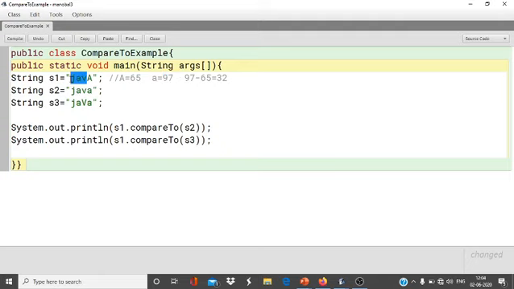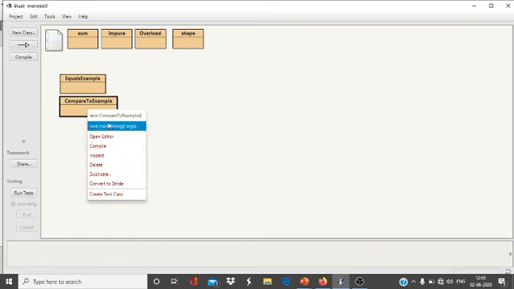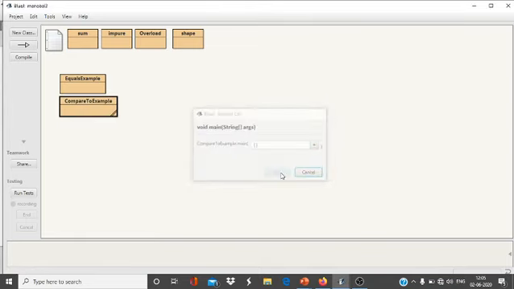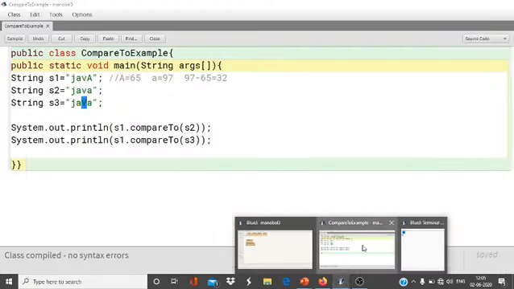So here in this case it will return a positive value, but it will return a negative value in the other. In this case it will return a negative value or a positive value. Why? Because a small a is greater than capital A, but a small v is greater than capital V. So a negative value, then a positive value, will be returned by this particular function. Why negative and positive values?